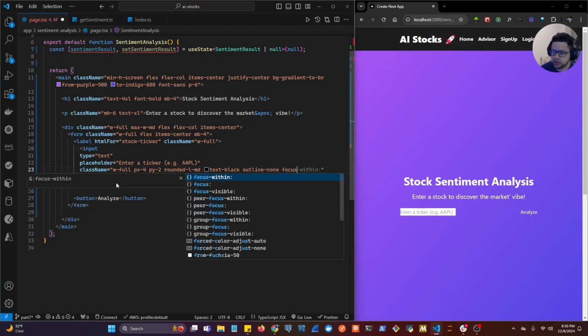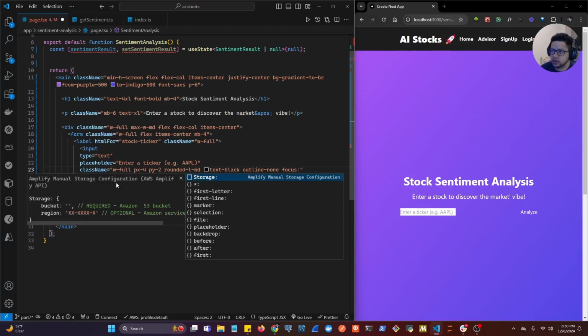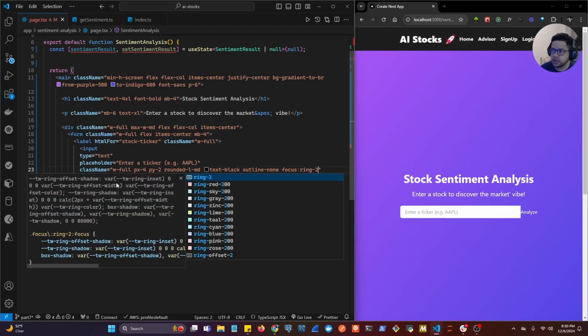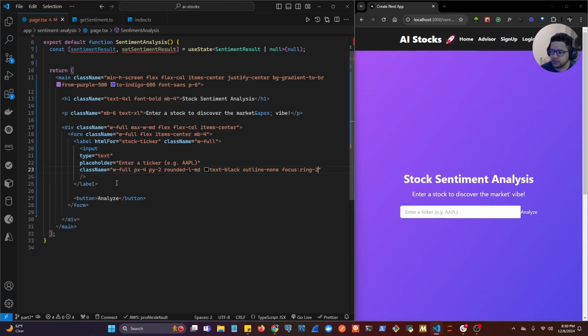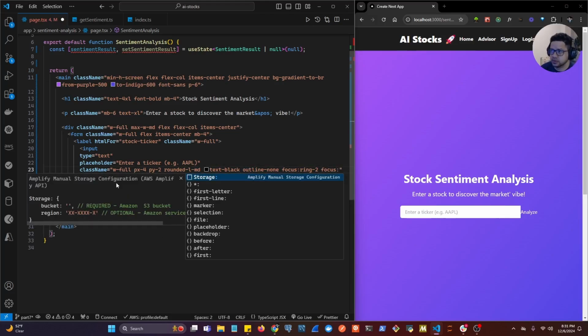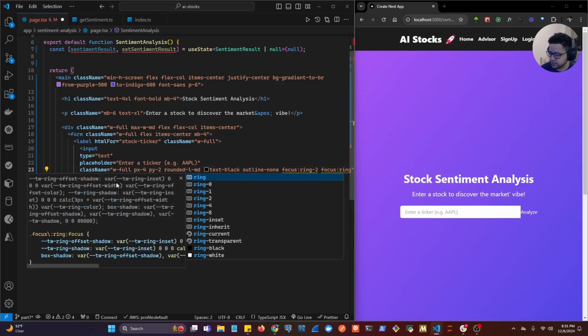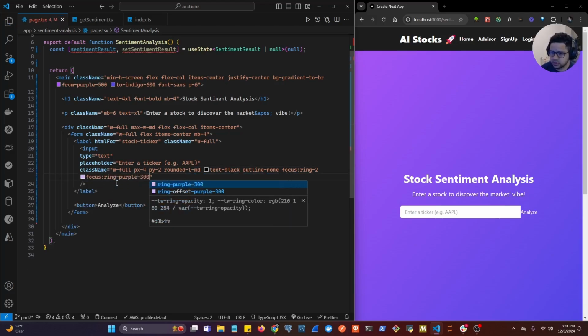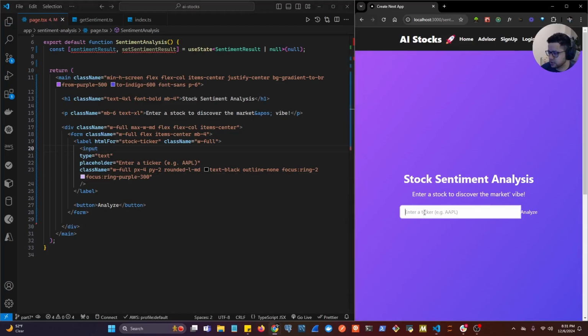On focus effects, let's do a ring-2, and then let's do a on focus as well. Let's do a ring-purple-300. So now when we focus, it has that nice purple outline there. And then finally for the button,